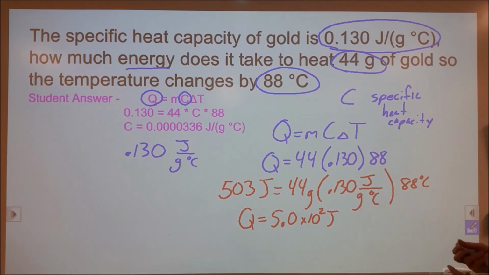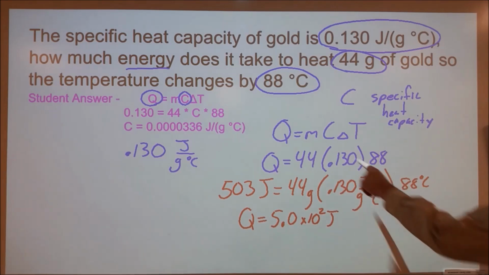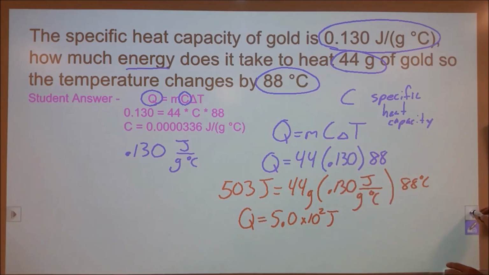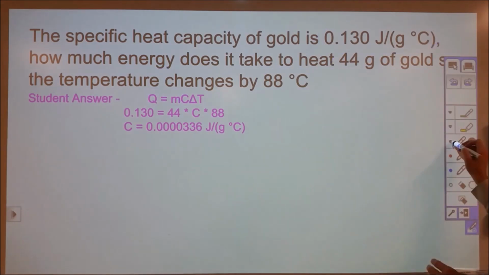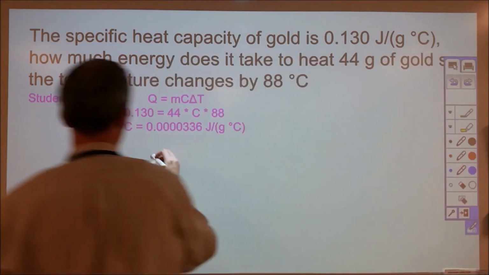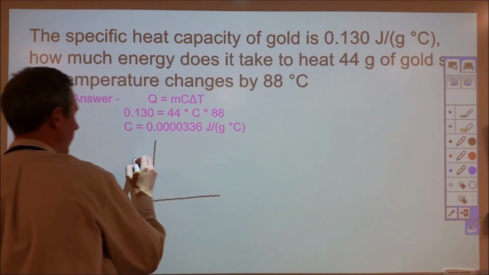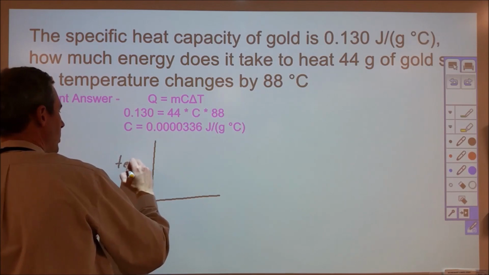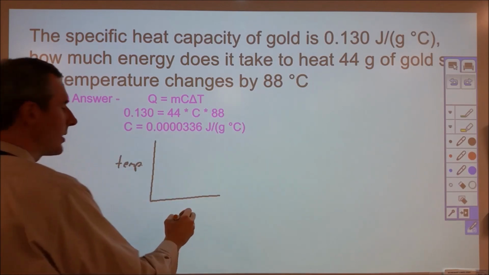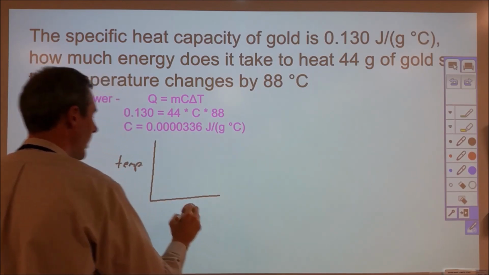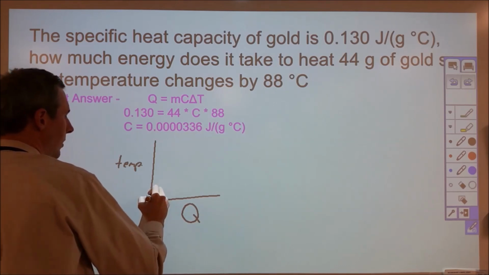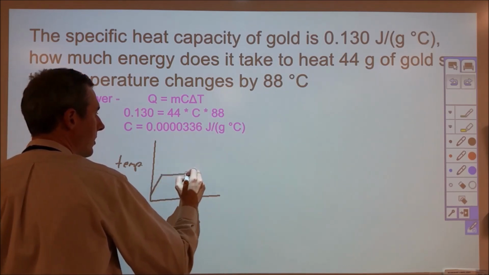But now let's look at it from a different perspective. Now let's look at what is specific heat capacity. So what is this constant here? And for that, we're going to go back to heating curves. So if you have drawn a heating curve, we're looking at a perspective of temperature. Now sometimes they'll write time here, but really they mean the amount of energy added. So heat. And we'll see a curve that looks something like this,